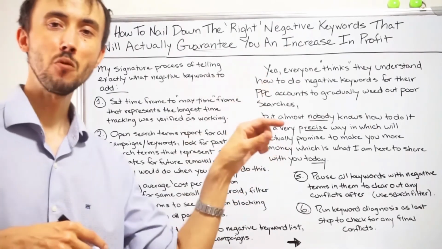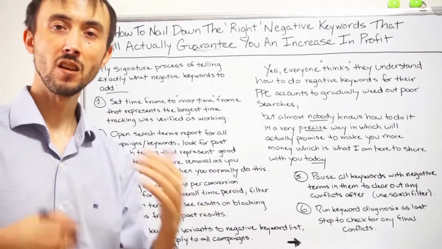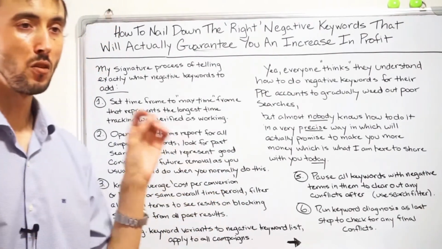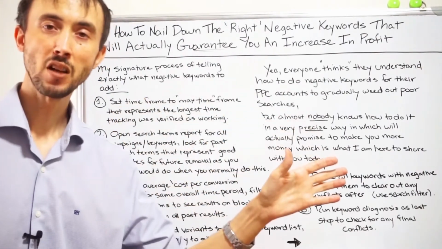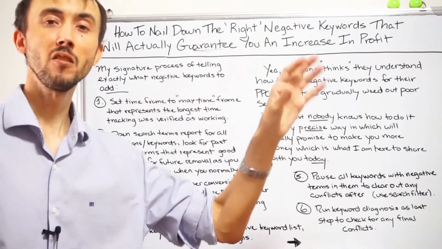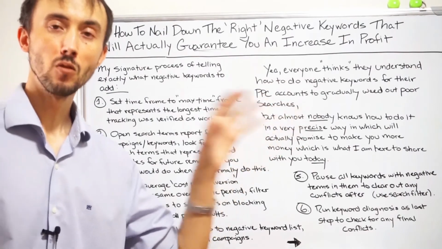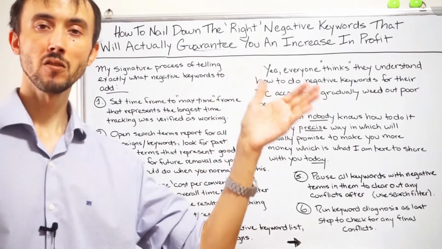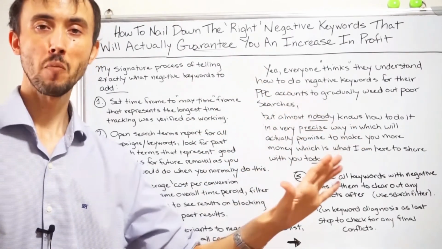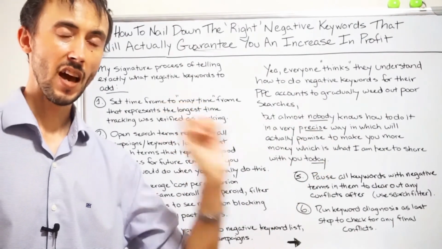And since each keyword has a different potential of what it can convert at for your brand, you basically are trying to bid as much as you can, while still generating the cost per conversion that you're looking for. That'll get you the most sales from all your keywords and your search campaigns overall at the cost per conversion